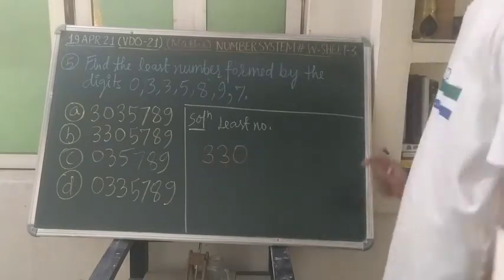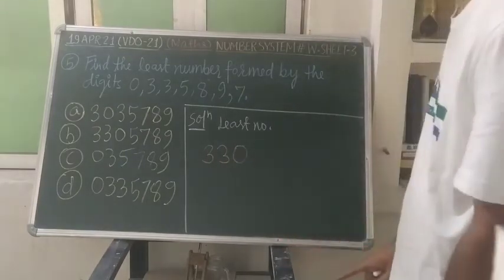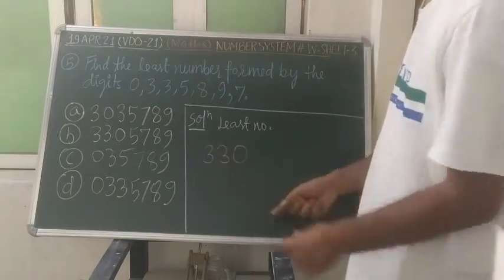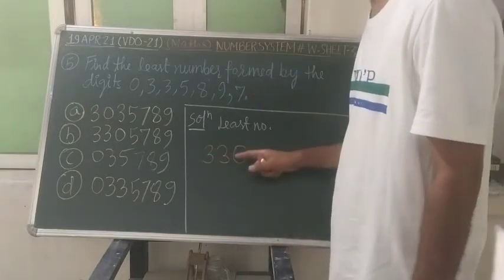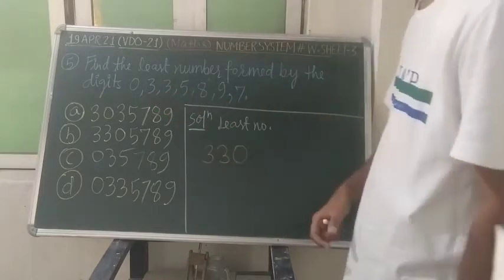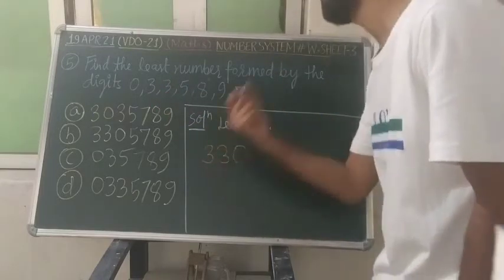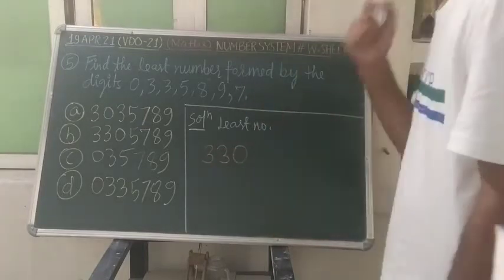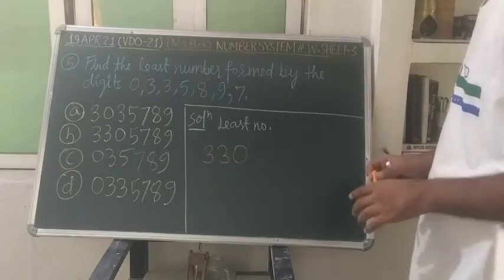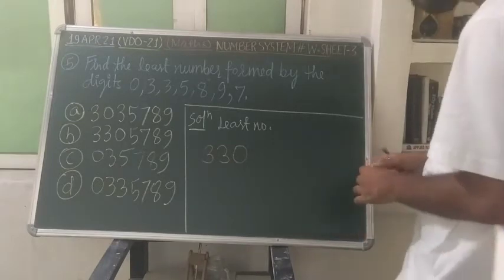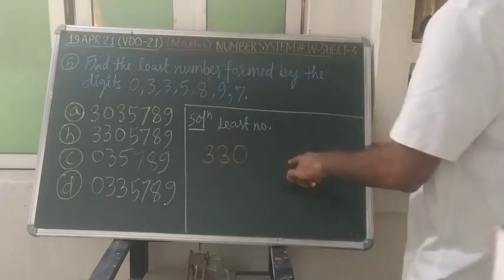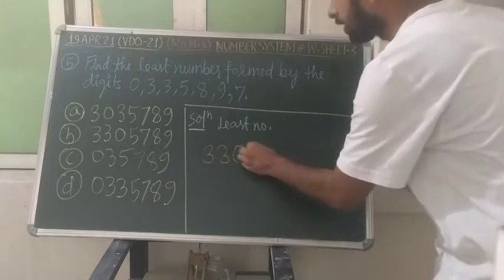I have told you first that we will not select the 0. So the next bigger digit present in that problem is our 3, and that is present 2 times. So we can think to write that 3 two times first, then 0 later. If we are thinking in this way, what is happening? 3 3 0, then after 3, bigger than 3, 5 is present.